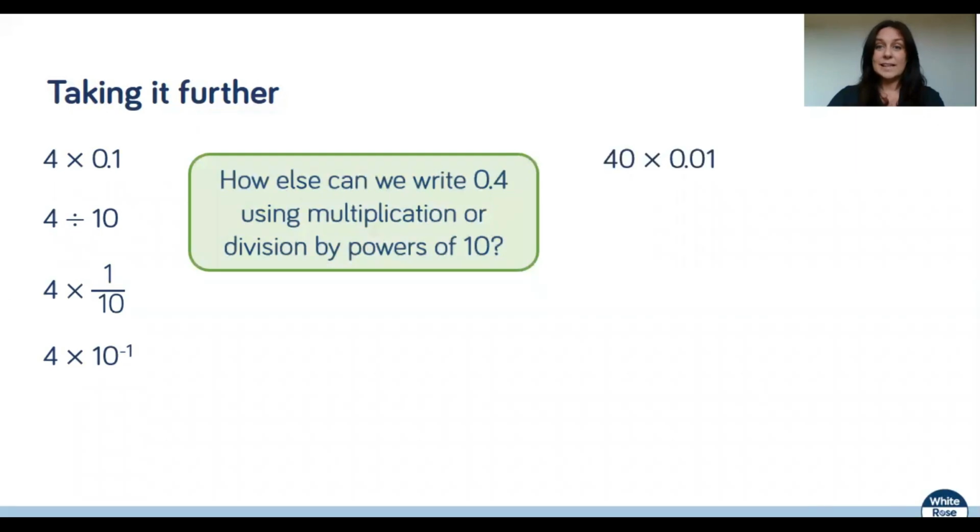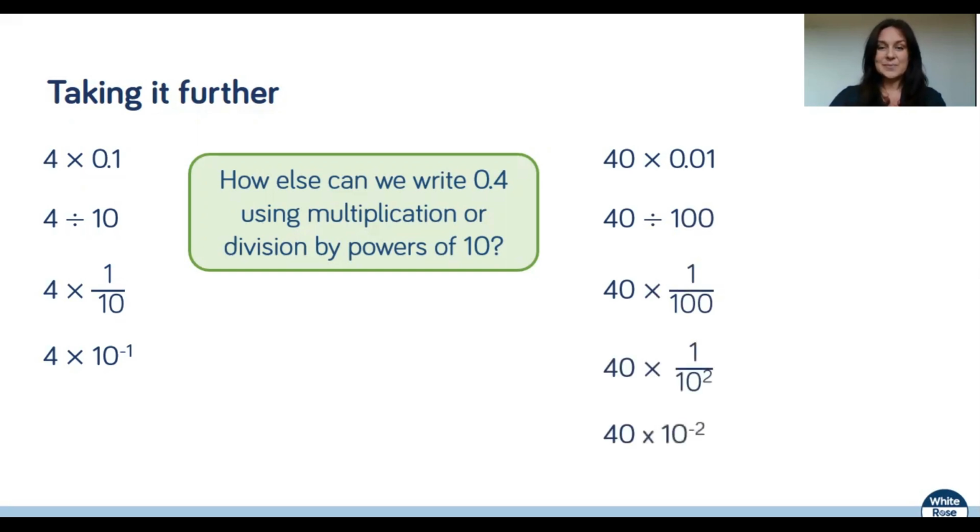We could also think of it like this, 40 multiplied by 0.01, 40 divided by 100, 40 multiplied by 1 over 100, 40 multiplied by 1 over 10 squared, and 40 multiplied by 10 to the